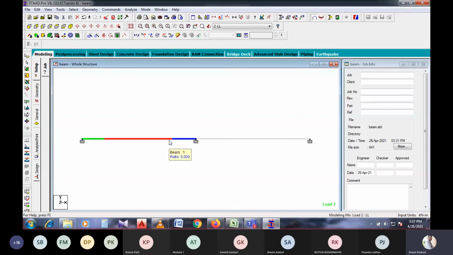A particular single beam or a single member you cannot calculate. In ETAP, you have to model the complete structure, the whole building, and then analyze it. But in StatPro, you can analyze even a single member separately. That is the big difference between these two software.